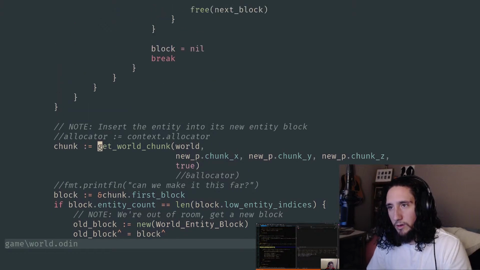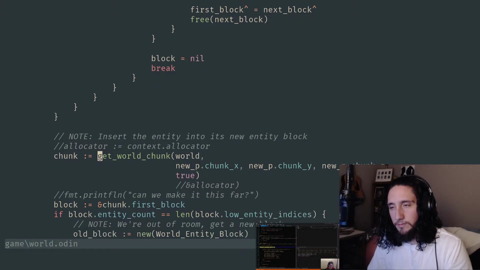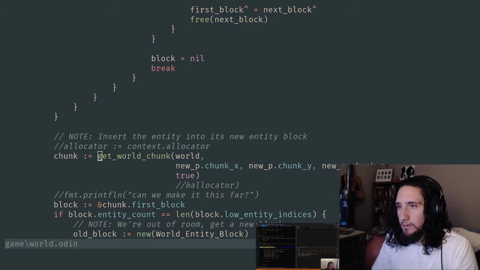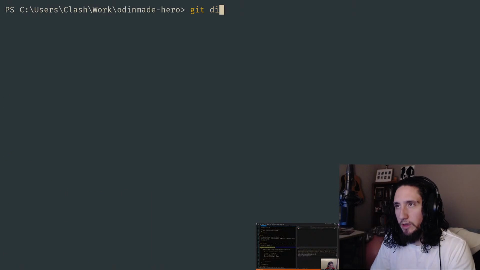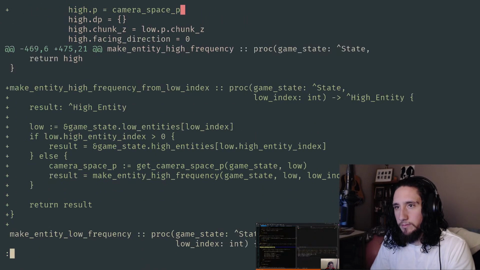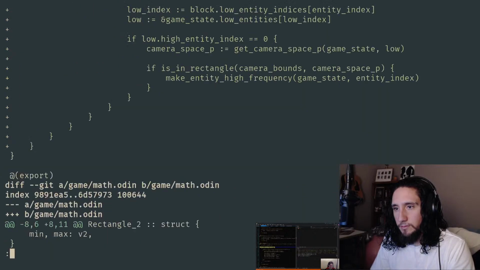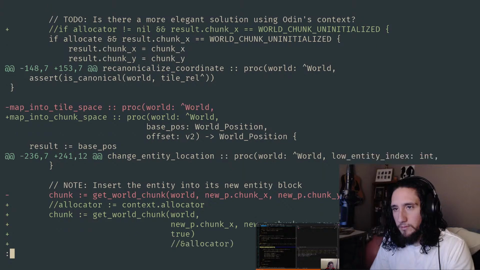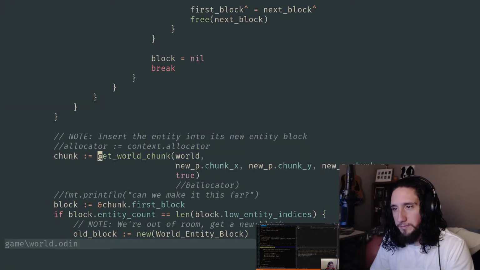I do find it weird that this is happening now, because we didn't even change any code inside of that call, did we? Yeah, we didn't even change anything in there.